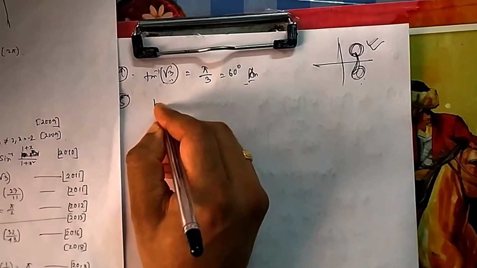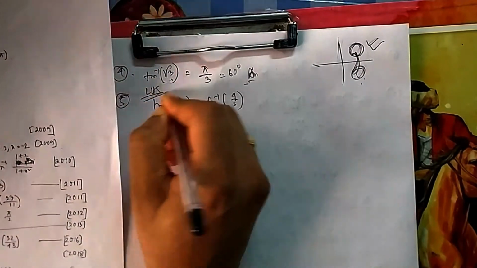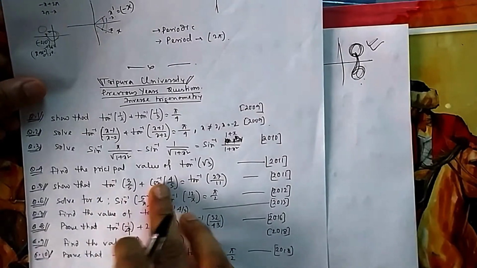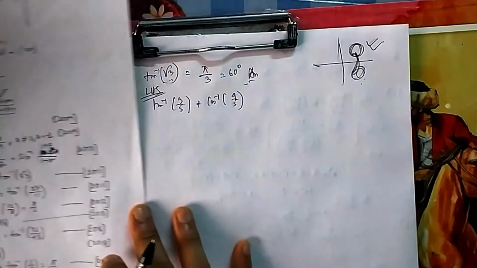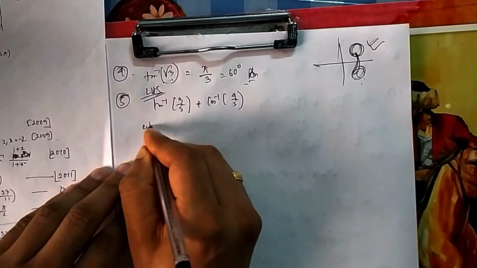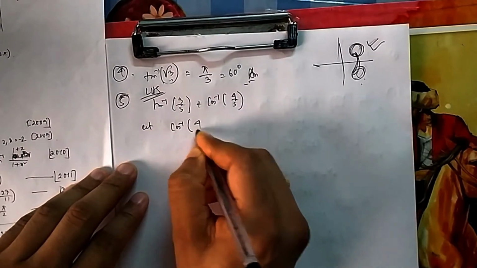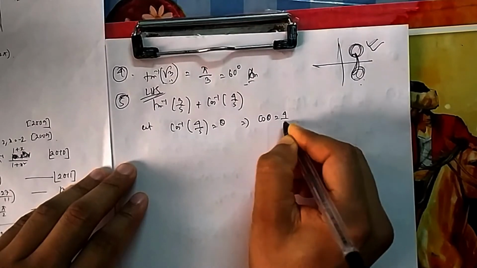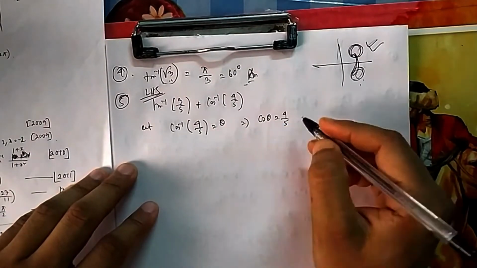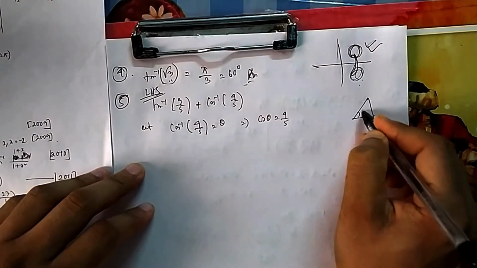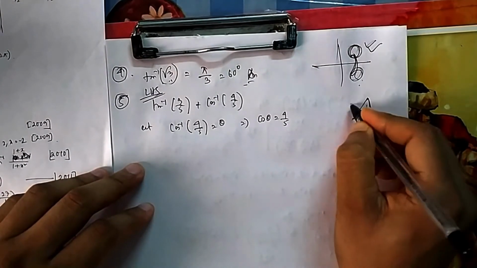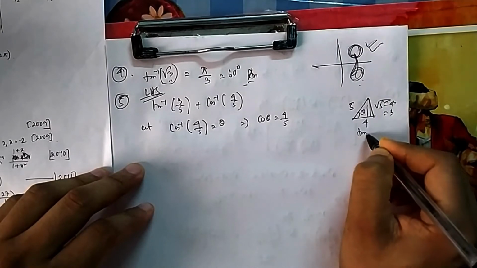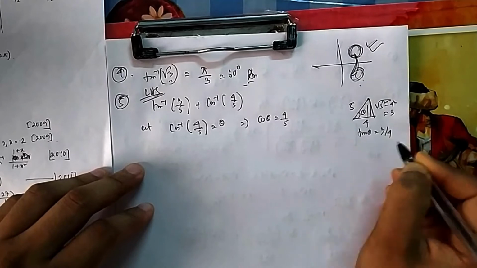Next, the fifth one, which you have to show. I am starting with the LHS. If you can change this one to tan inverse A plus tan inverse B, you can apply the formula. To do that, let this be theta. Therefore your cos theta is equal to 4 by 5. One can do it using a right angle triangle also: if this is theta, cos theta is 4 by 5, so this is 4, this is 5. So what will this side be? 5 square minus 4 square, that is 3. So what will tan theta be? From the triangle also you can get 3 by 4.